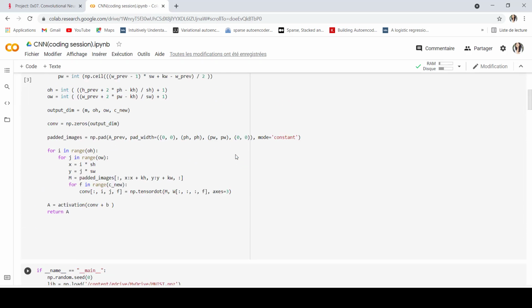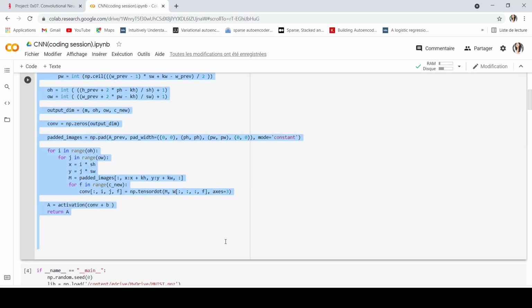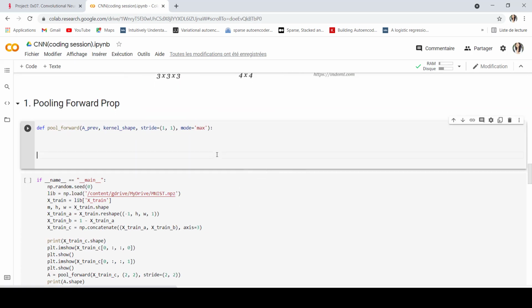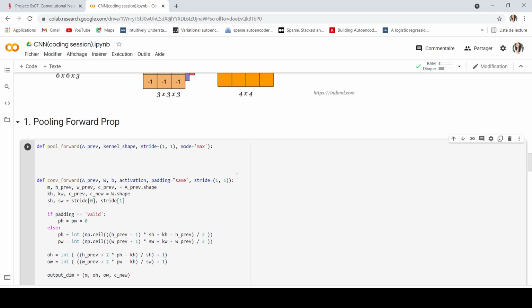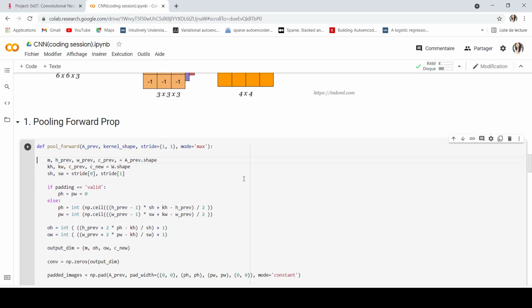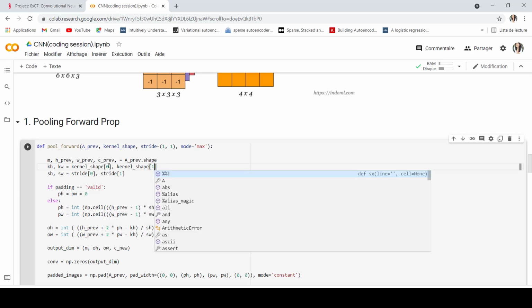I'm going to take the previous function and make some changes. Here the array will have the same shape. For the kernel, I don't have the W shape, but I have a tuple, and the kernel shape of 1.